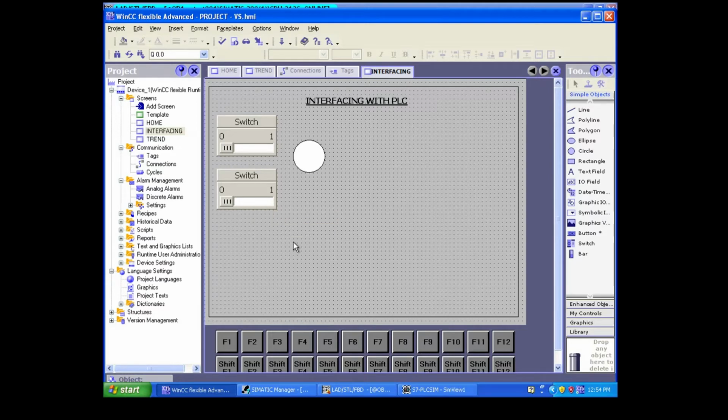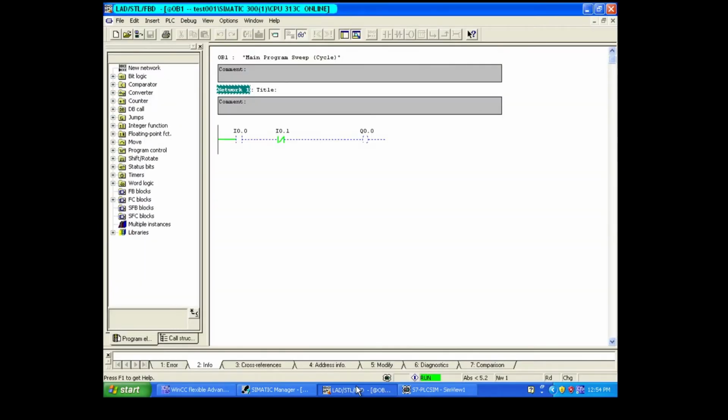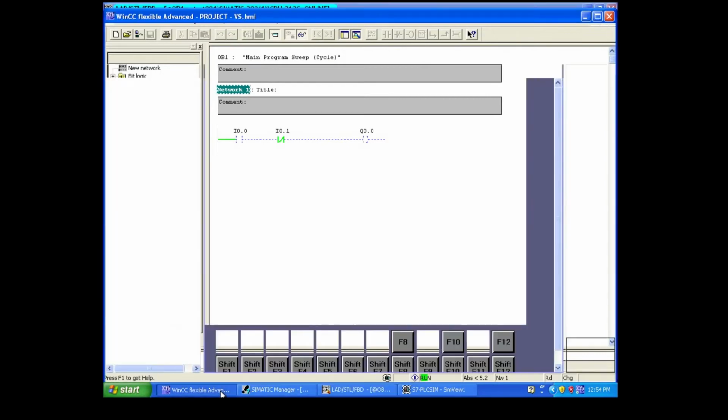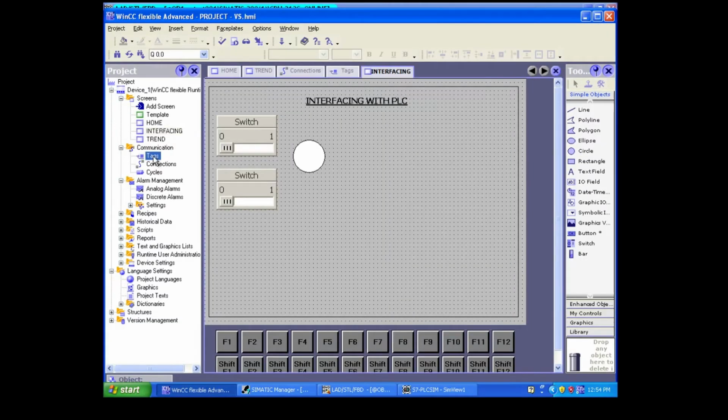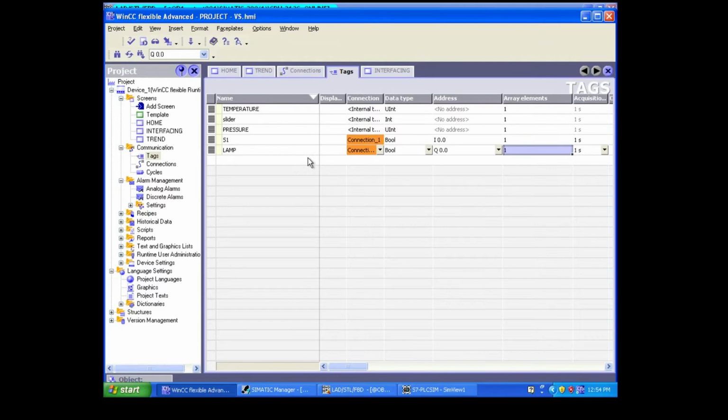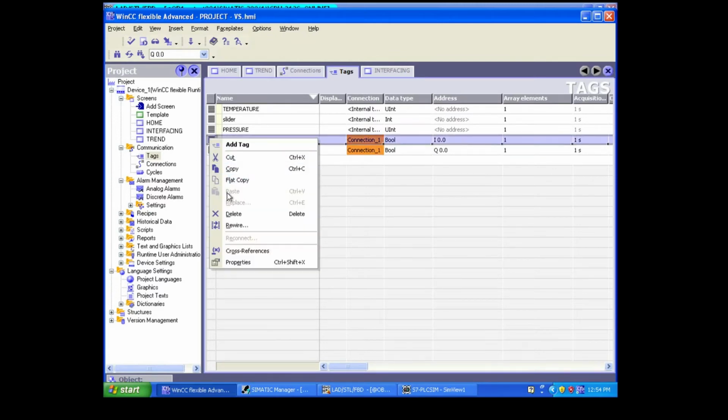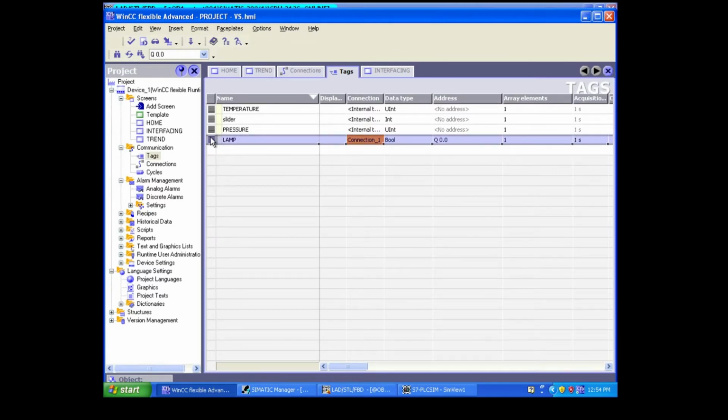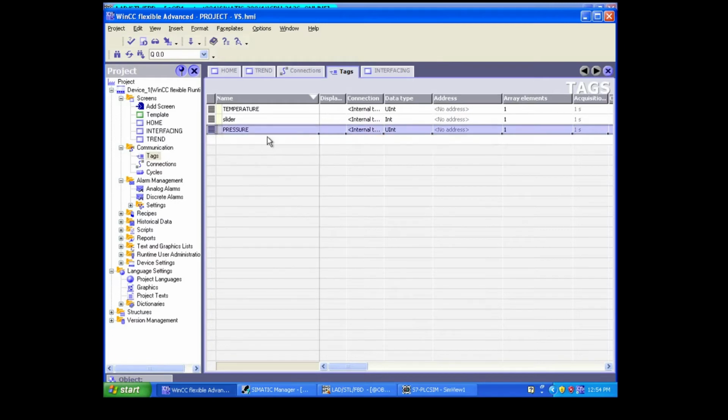Before going into the tag connection, the tag I'm going to get from the PLC. We'll create a tag, then I will tell you how to connect it.